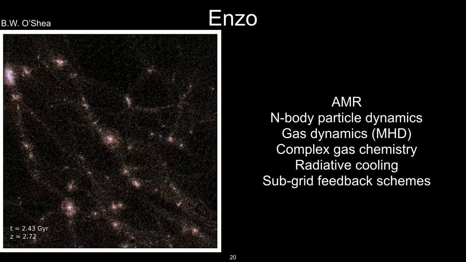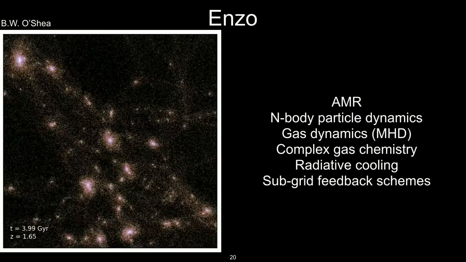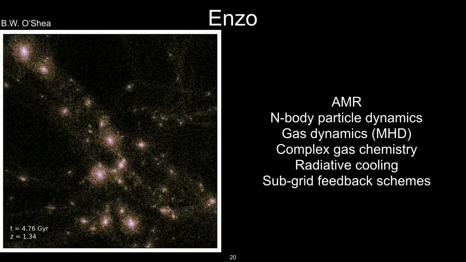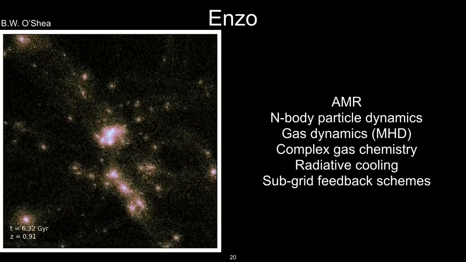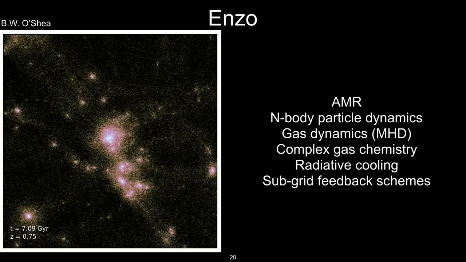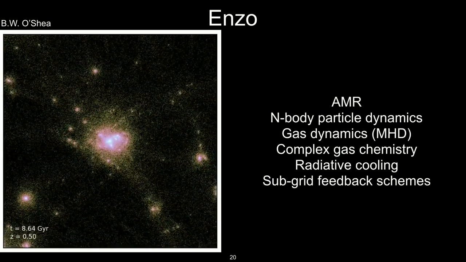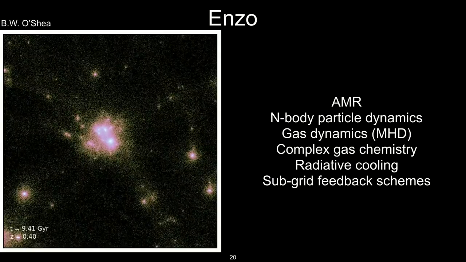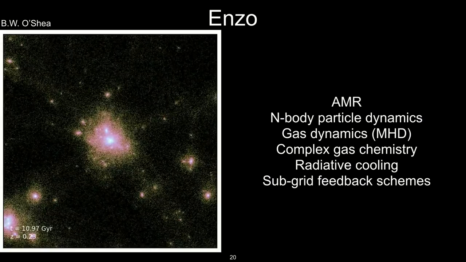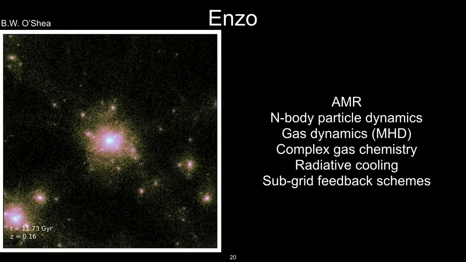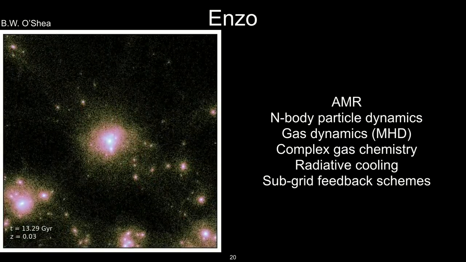For instance, I'll talk about a few other codes in astrophysics now. One that actually has very, very similar capabilities to Flash is a code called Enzo, which principally does cosmology. Enzo has adaptive mesh refinement, N-body particle dynamics, gas dynamics and MHD, chemistry, radiative cooling, and subgrid feedback mechanisms for things like star formation and active galactic nuclei. But this code was developed essentially by a community working on scientific problems rather than working for the sake of designing a code, right? No professional software engineers involved. This was built by grad students and postdocs who had scientific questions that they wanted to address.